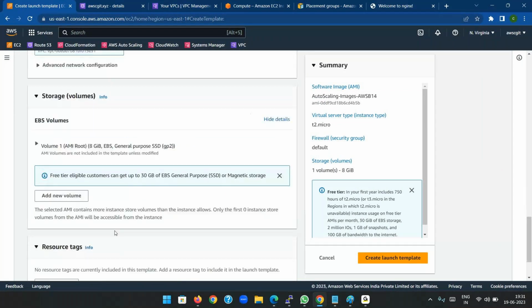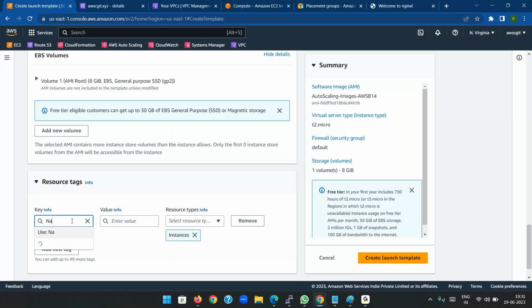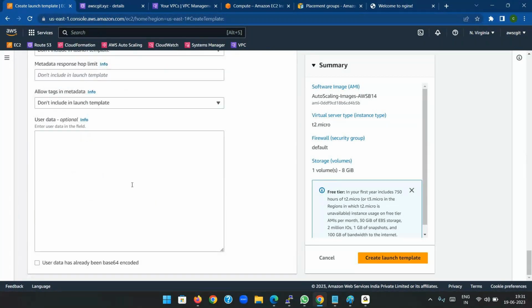And EBS volumes, 8 GB is more than enough. And resource tags, I want to give the name for the resources as auto scaling underscore servers. Okay, that's more than enough. And here you can provide the advanced details. The advanced details that I am going to provide here are /bin/bash, apt update, apt update -y. And the next one, what I can provide here is,